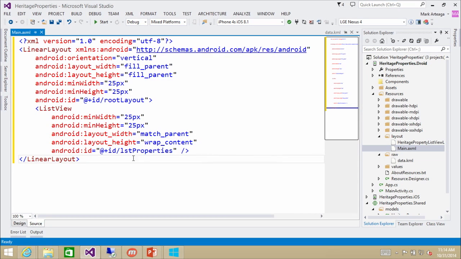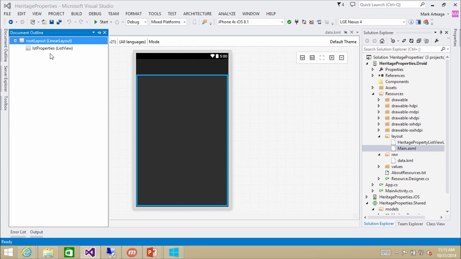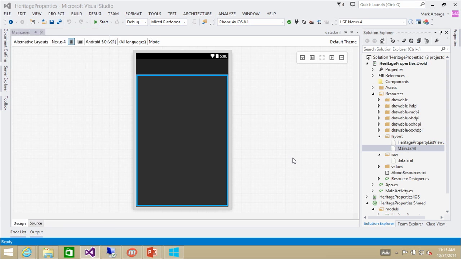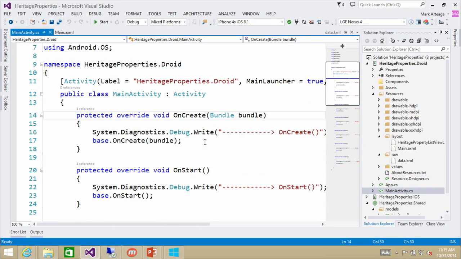what we have in here is a list view, and this is the XML view. So we have a list view to show our properties, and you can see it in the document outline also. So that was pre-built. That's what I copied over. And we need to load some data up. So let's go in here, and we're going to change the onCreate with